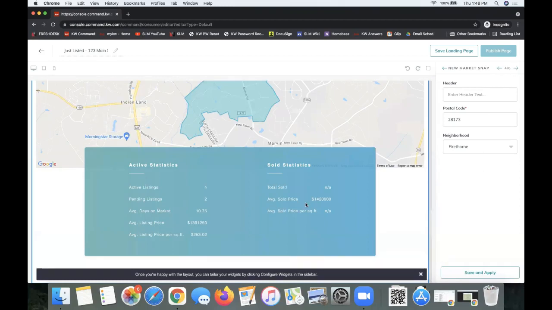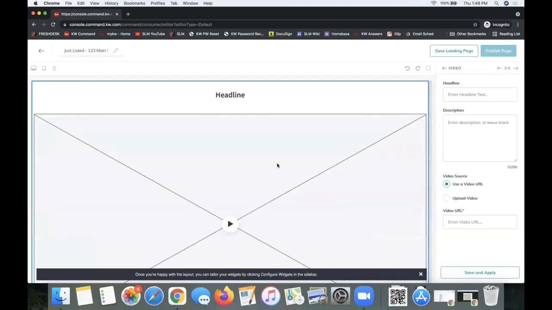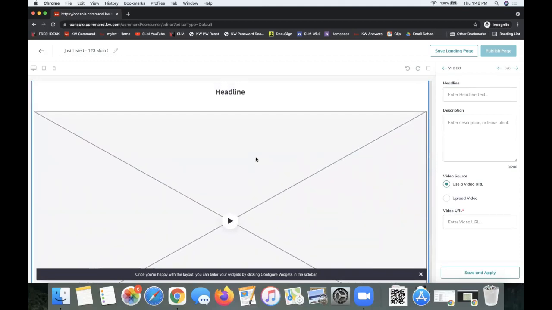All right, so we did this widget. Let's go on next. So I'm clicking the next arrow. We're on the home stretch here. We have the headline, the video widget here. So I like to add the video widget to my listing landing page to add a virtual tour to it, right? So in order to add your virtual tour